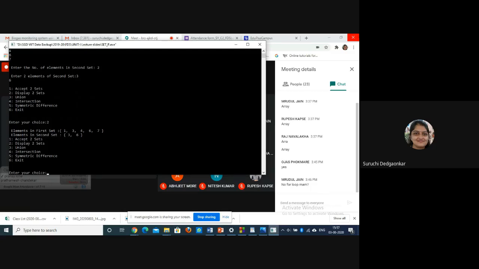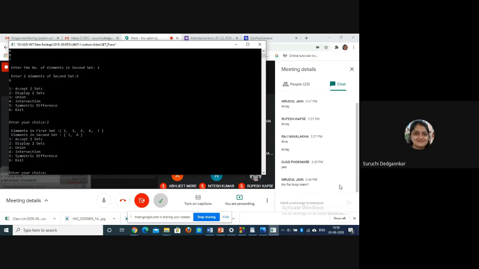Clear? So first set is nothing but the students who like math subject. Second set is the students who like science subject. Their roll numbers, we are storing their roll numbers. Fine. And now our input is properly ready. We know that our input is there in the array properly stored, so we can process it. After confirming that input is properly there in whatever structure is expected, then we can proceed.